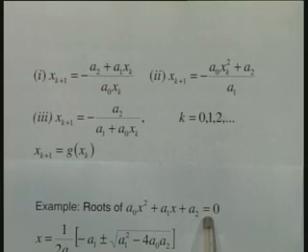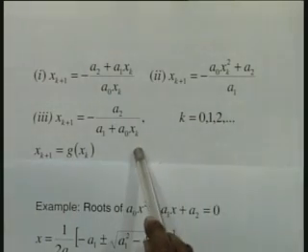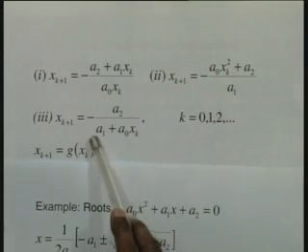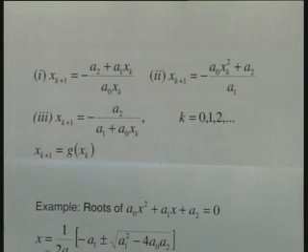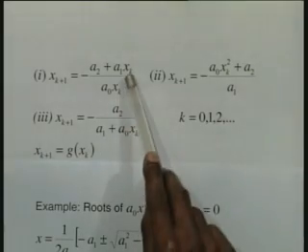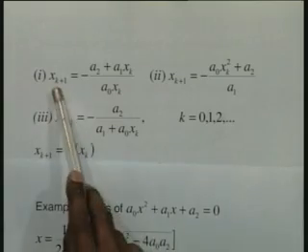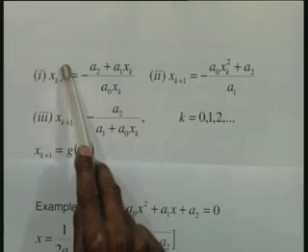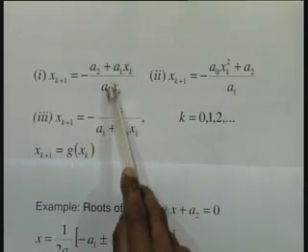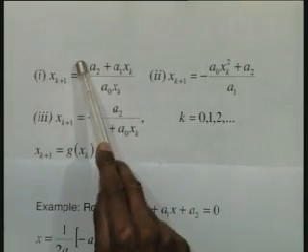Now if I take the example of a naught x square plus a1 x plus a2 equal to 0, I can write down a number of iterative methods. Which one of them would converge, we do not know. We have to do the convergence analysis and see which one would converge and which one will diverge. For example, as we discussed last time, for this simple equation I have taken the 2 terms a1x plus a2 to the right hand side, then a naught x square is written as a naught x into x. So we have taken a naught x to the right hand side, and we construct this as the new approximation and this as the old approximation. So I now construct an iterative method of this particular form.